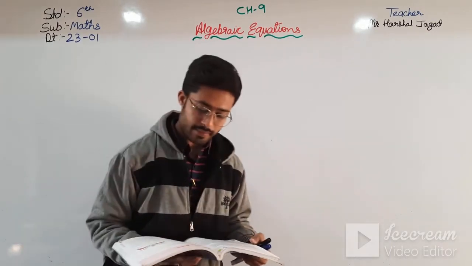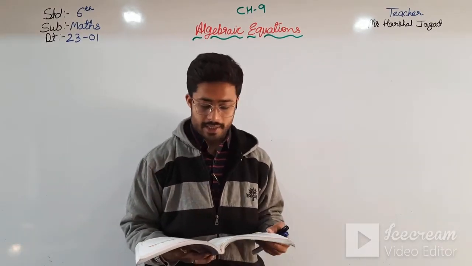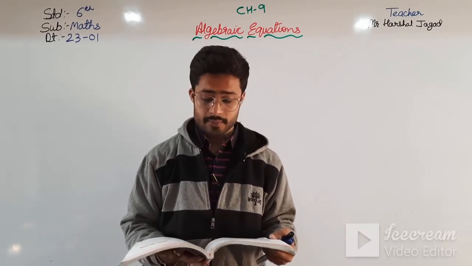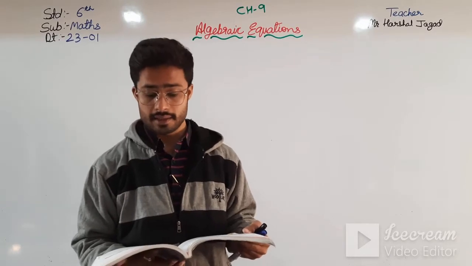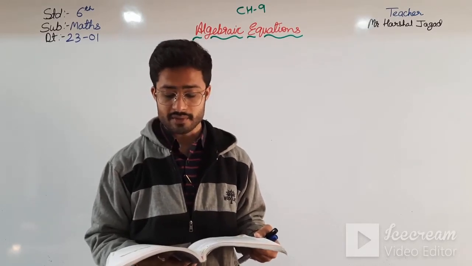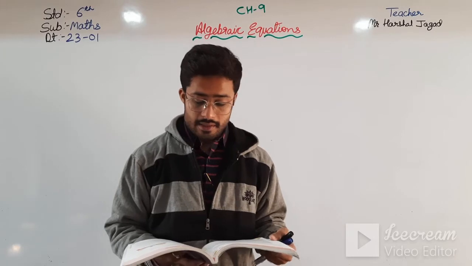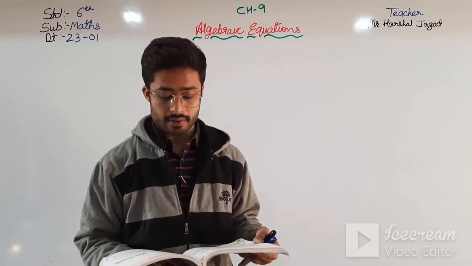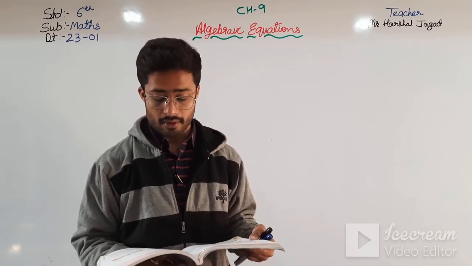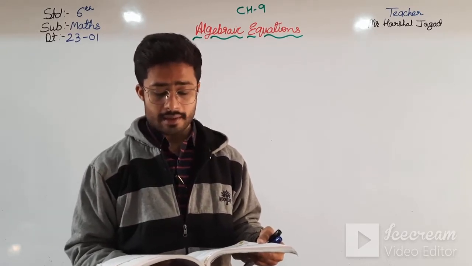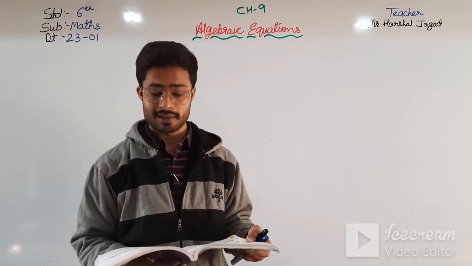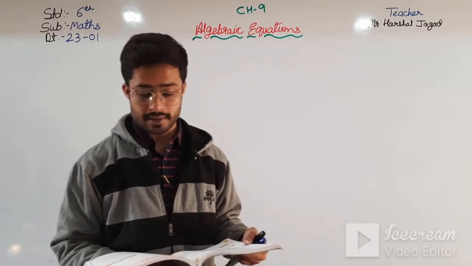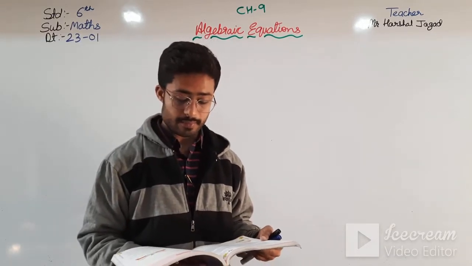an equation is a mathematical statement equating two quantities involving one or more variables. The expressions on either side of the equal to sign are called the members of the equation. In an equation, the value of the quantity which is not known is referred to as the unknown member, or the unknown. Here are some examples: 2x plus 3 is equal to 11, x minus 3 is equal to 8, y plus 3 is equal to 21. So these are some of the examples.